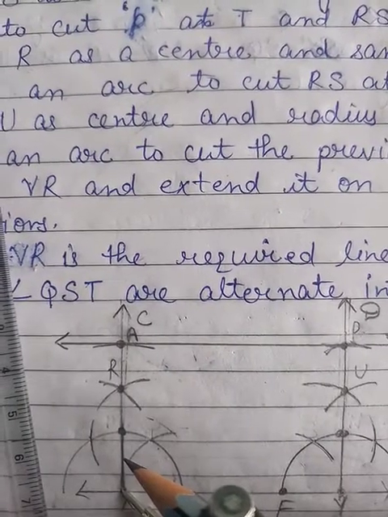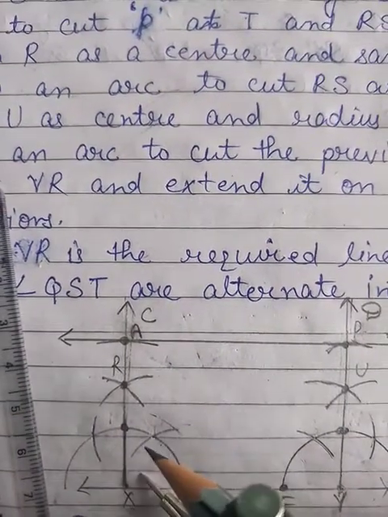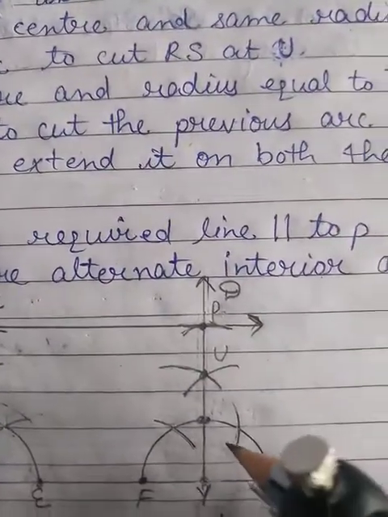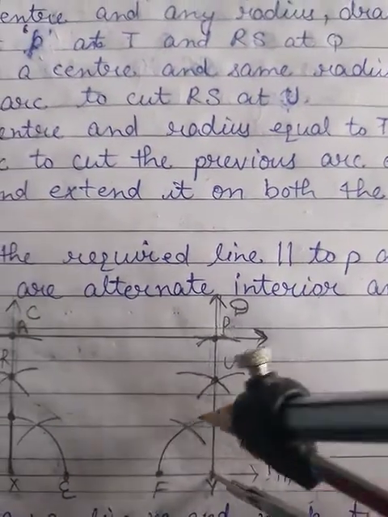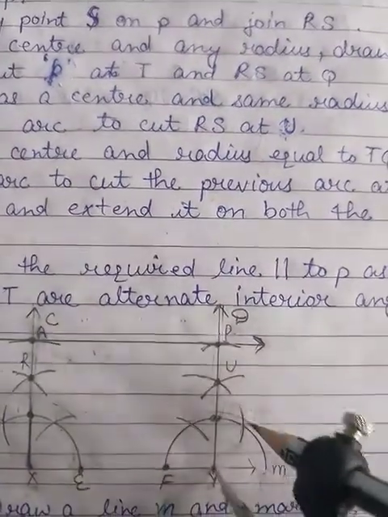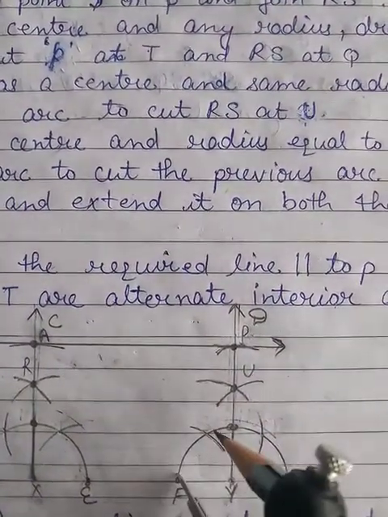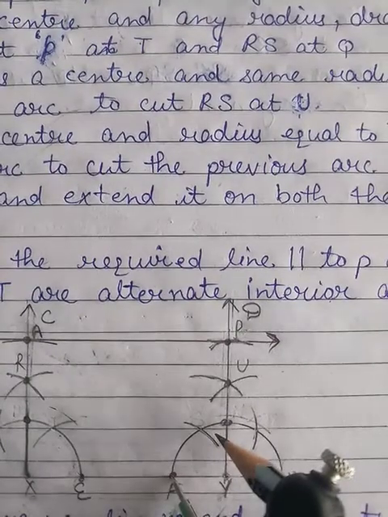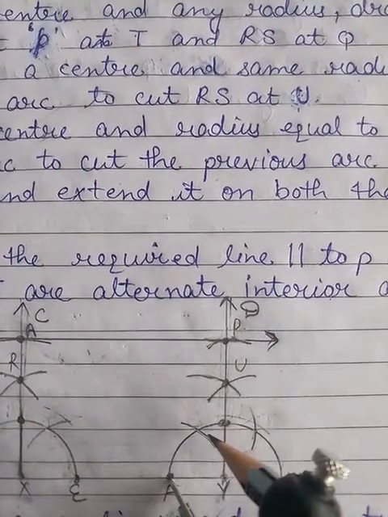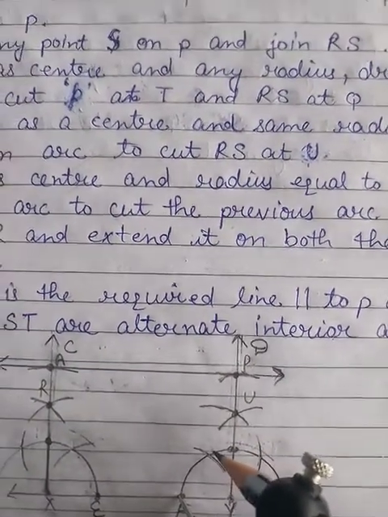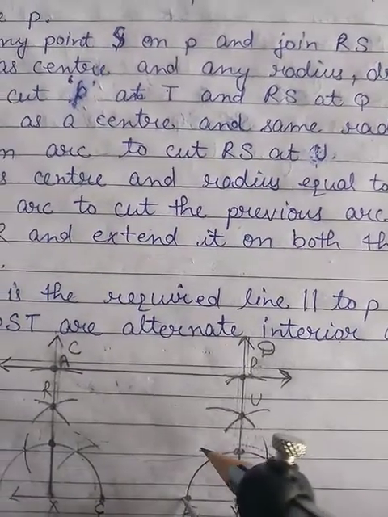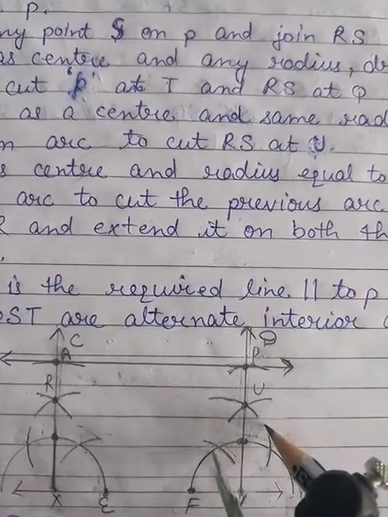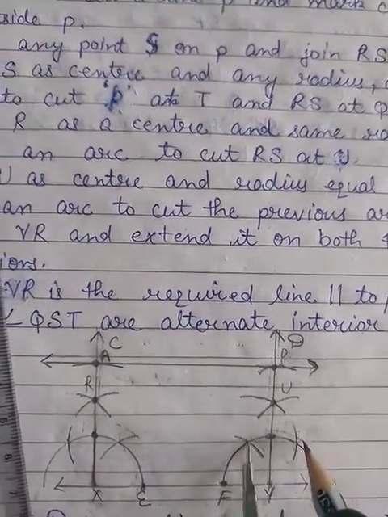Okay, clear? So now same like this we need to follow the same steps for this one also. So by taking the same radius I will mark an arc here. Okay, but after that from this point where this arc is intersecting the line M, I will keep my needle of the compass over there, and I will draw two new arcs. Okay, one like here and the second should be here.